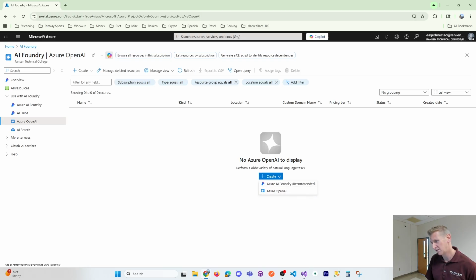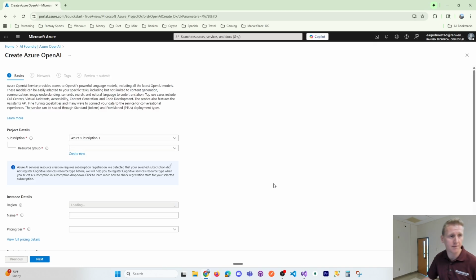Well, the tutorial says Azure OpenAI, but if it recommends the Foundry, I'm going to veer off of the tutorial. The tutorial says Azure OpenAI, yeah, I'm going to do Azure OpenAI so that I'm not veering off the tutorial. Okay. Okay, so it does have my subscription,